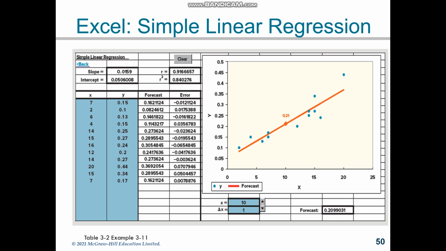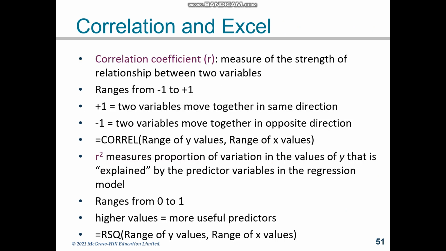Here you can see this solved example using Excel in this slide. Okay, the associative models are used to find the relationship between two different variables or more than two variables. In order to find the correlation between these two variables, to find out if there is any relationship between them, and how strong that relationship is,